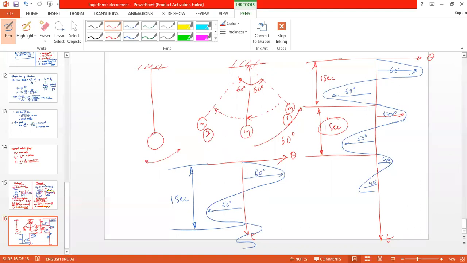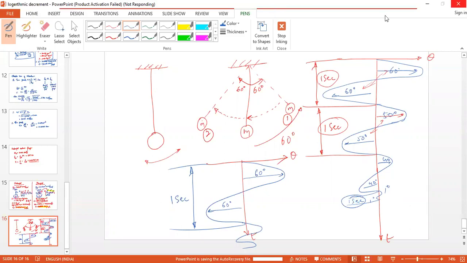So in the first cycle, it took 1 second to complete 60 plus 60, 120-degree movement. And in the second cycle, it took 1 second to complete 100-degree movement. In the same way, at last, it may be 1 degree in the positive direction and 1 degree in the negative direction. It will take 1 second only. Is it clear? Any doubts? Yes, sir. It's clear. No doubt, sir. See, we can